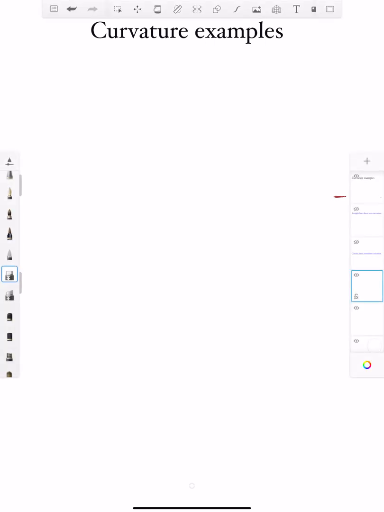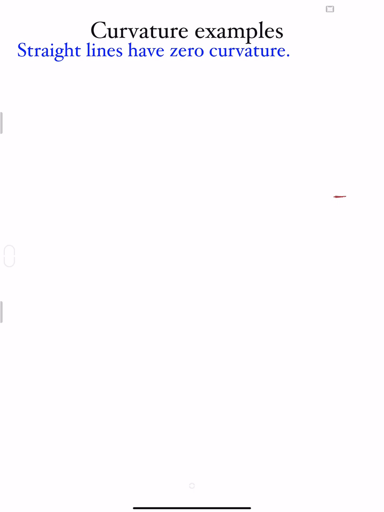In this video, we'd like to look at some examples of computing curvature. The first trajectory that I'd like to compute the curvature for is a straight line. And if we just take a vector of a straight line, we can write that as